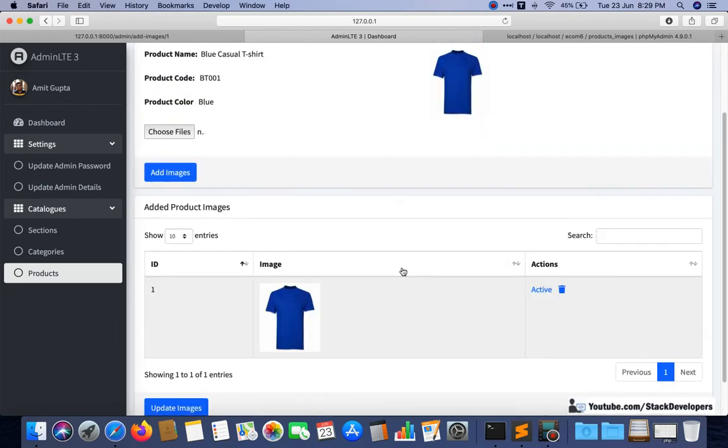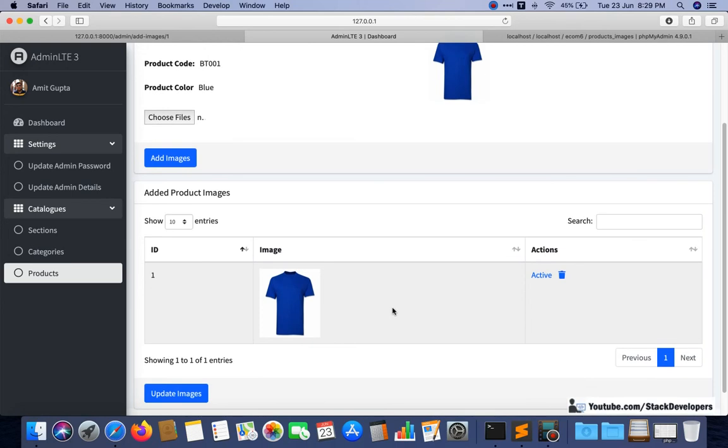Okay, so we have added the same image for the alternate images. Otherwise we are not going to add this same image, we are going to add different images. Different alternate images means 4-5 alternate images of this image, like I have shown you in the last video. Okay, that we are going to add, not the same one.